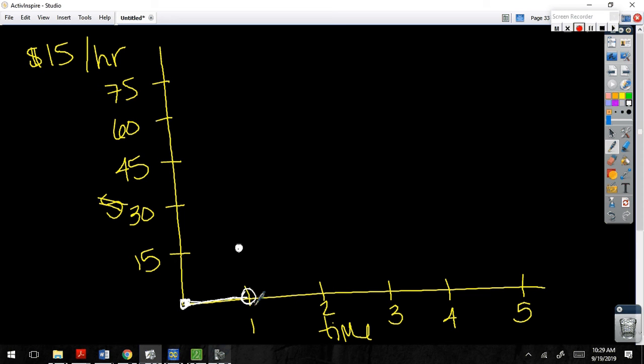From 1 hour up until 2, you get $15. But if you hit the 2 hour mark, suddenly that bumps you up to $30. Now, this whole hour, I'm only making $30, but once I hit 3, that's why it's open. Once I hit 3,